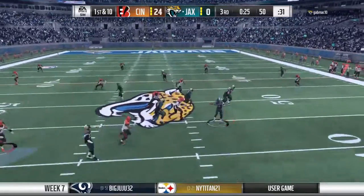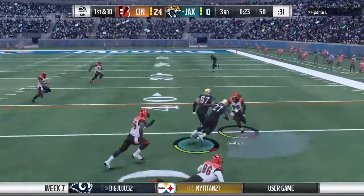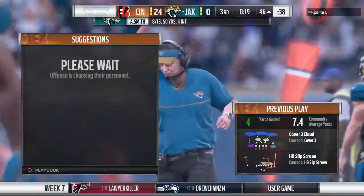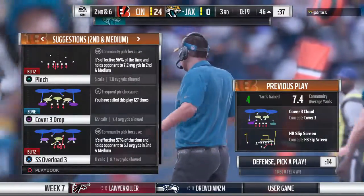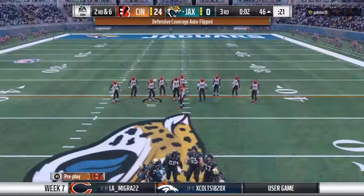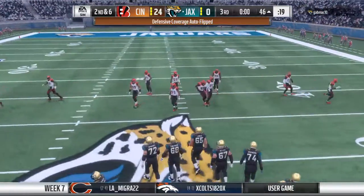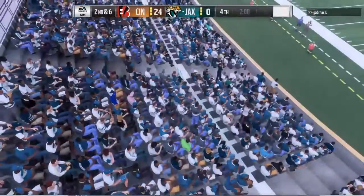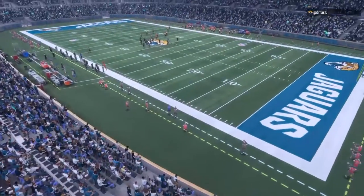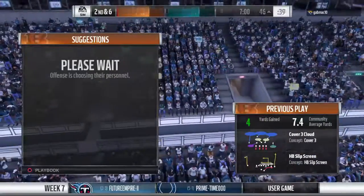From the 50, it's Smith. He'll try and set up the screen. It's complete. And he'll take it down shy of the 45 at the 46. It's a 4-yard pickup, and that'll bring up 2nd down. So many things have to come together just right for a screen pass to break for big yardage. The blocking, the timing of the pass to the runner, everything has to fit together just right. But on that play, the defense...